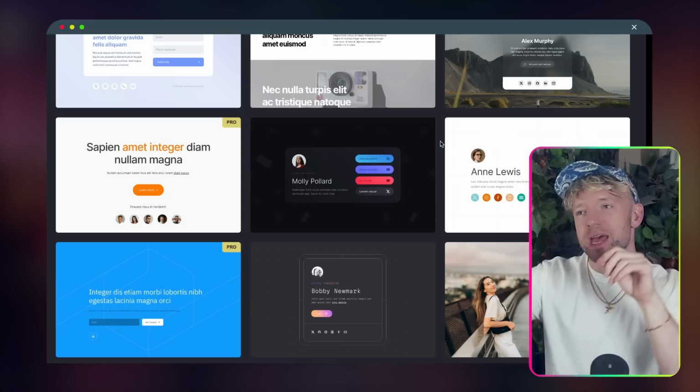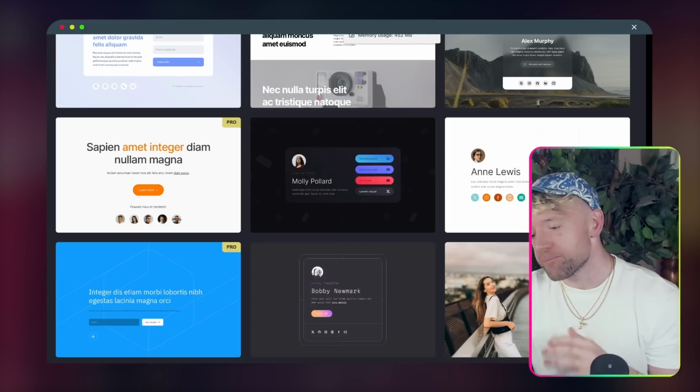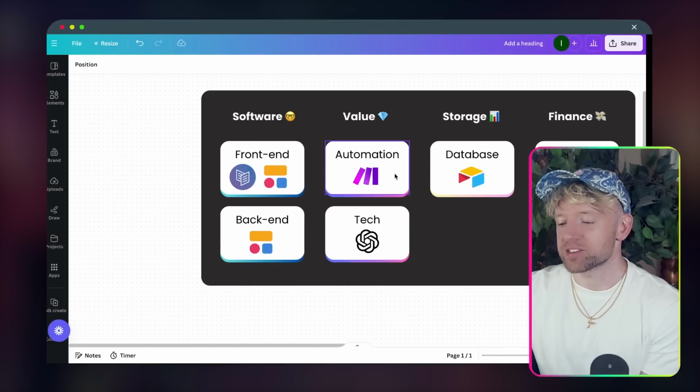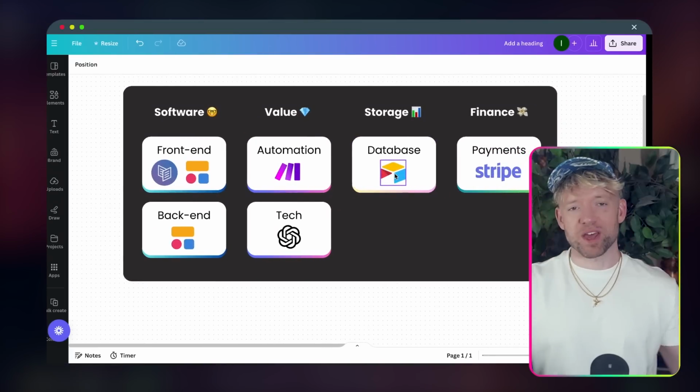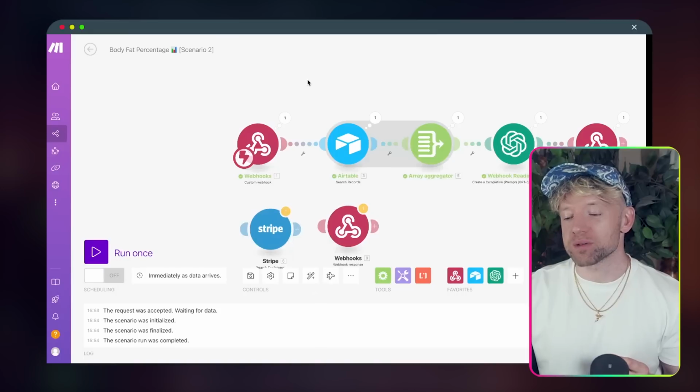We can use that as a front end, get them in, and then they can come and join our Softr application to get it nailed. Not necessary, but I'll just show it to you so you've got those tools in your toolkit if you would like to use them. And then for automation, this is where the magic happens in make.com, which is our no-code automation